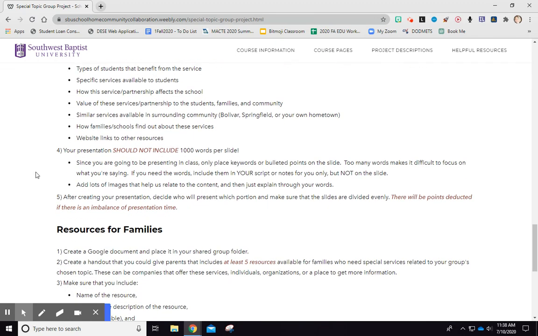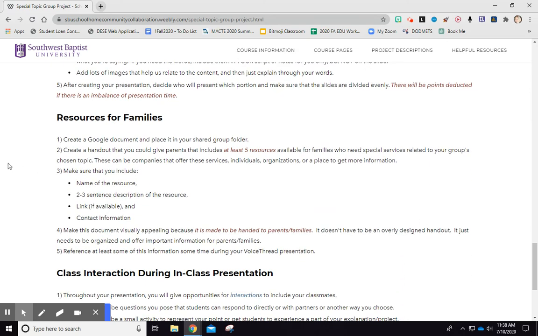And then the final thing I want you to think about is not having so many words on your slides. That just is really distracting and irritating whenever you are supposed to be teaching us. You do not need to have every word you're going to say up on that slide. And so I would really rather you have a lot of images that then prompt you to talk to us about what you learned and the research that was there. You do not need to have all your words up there. And then make sure that you know who's going to be talking about which slides, and that you balance that